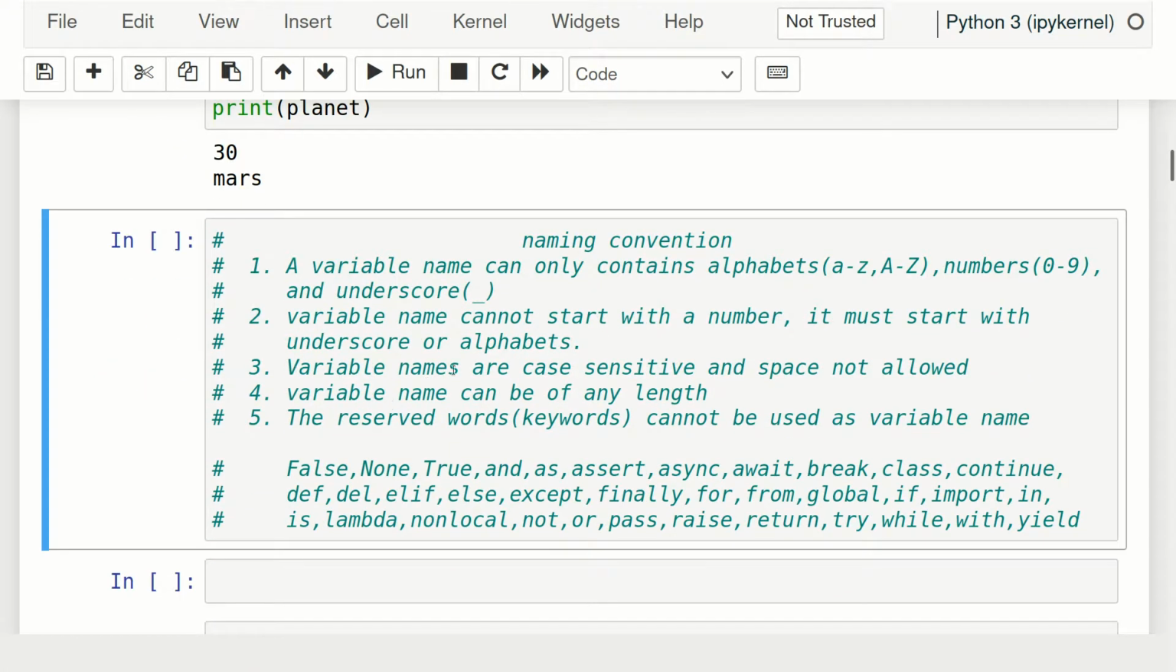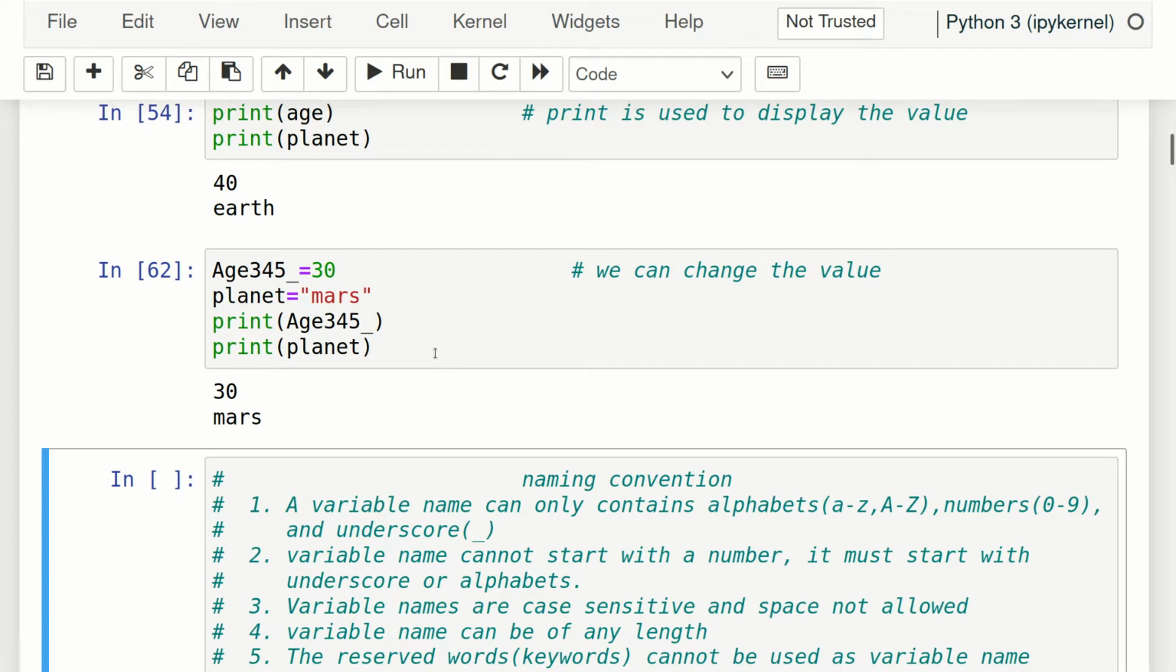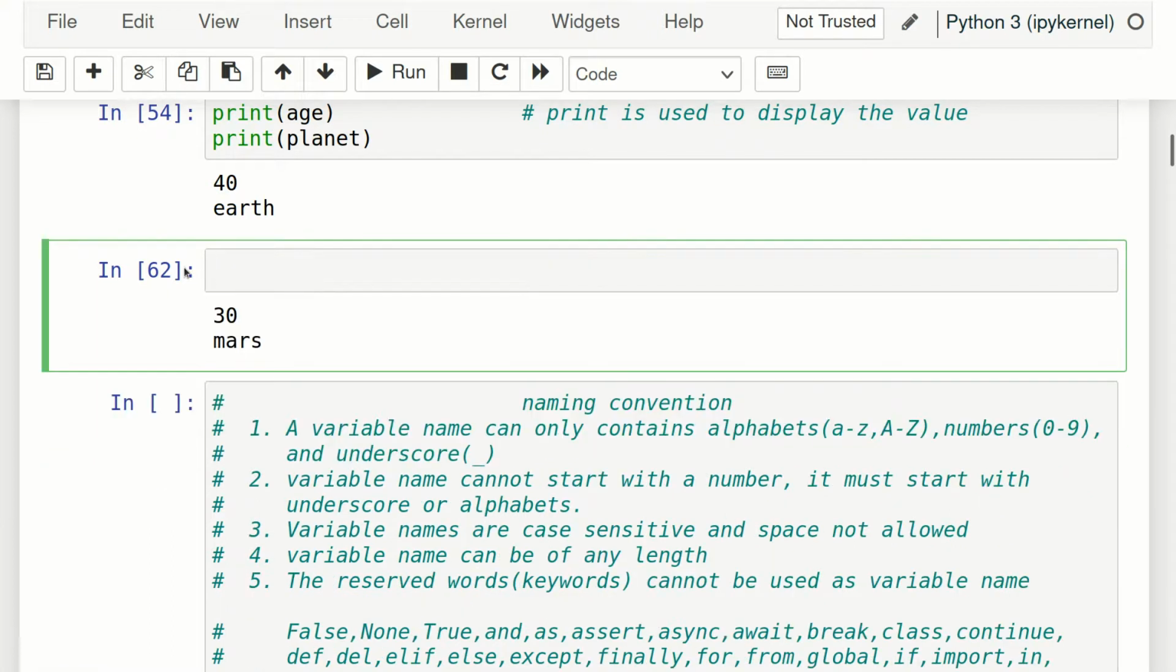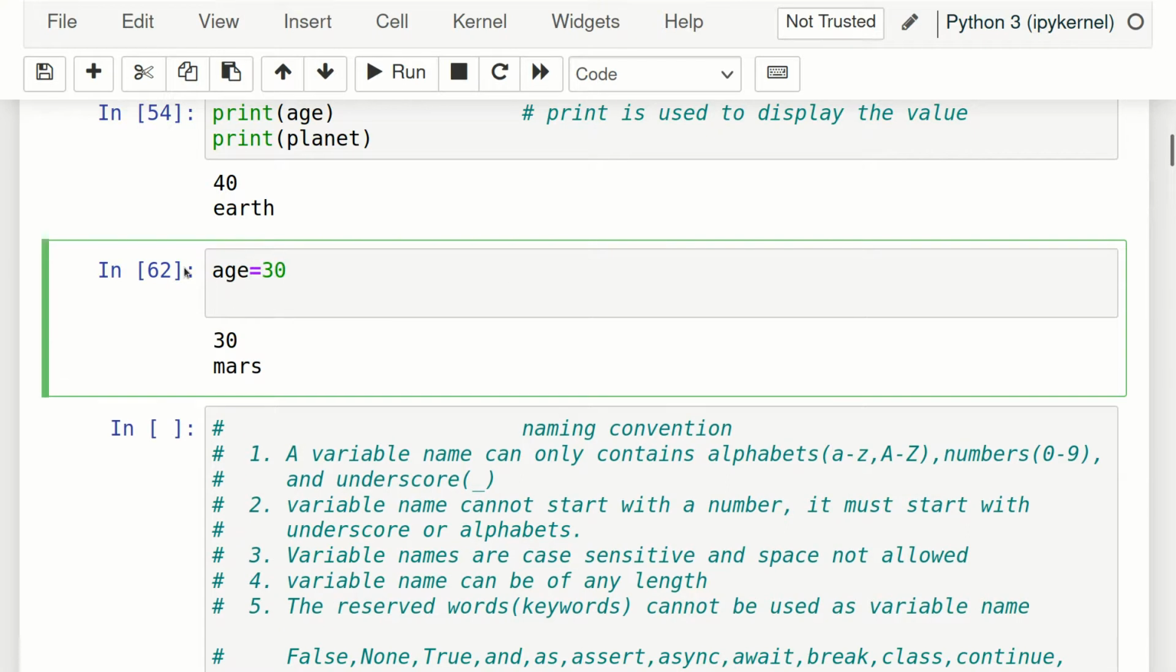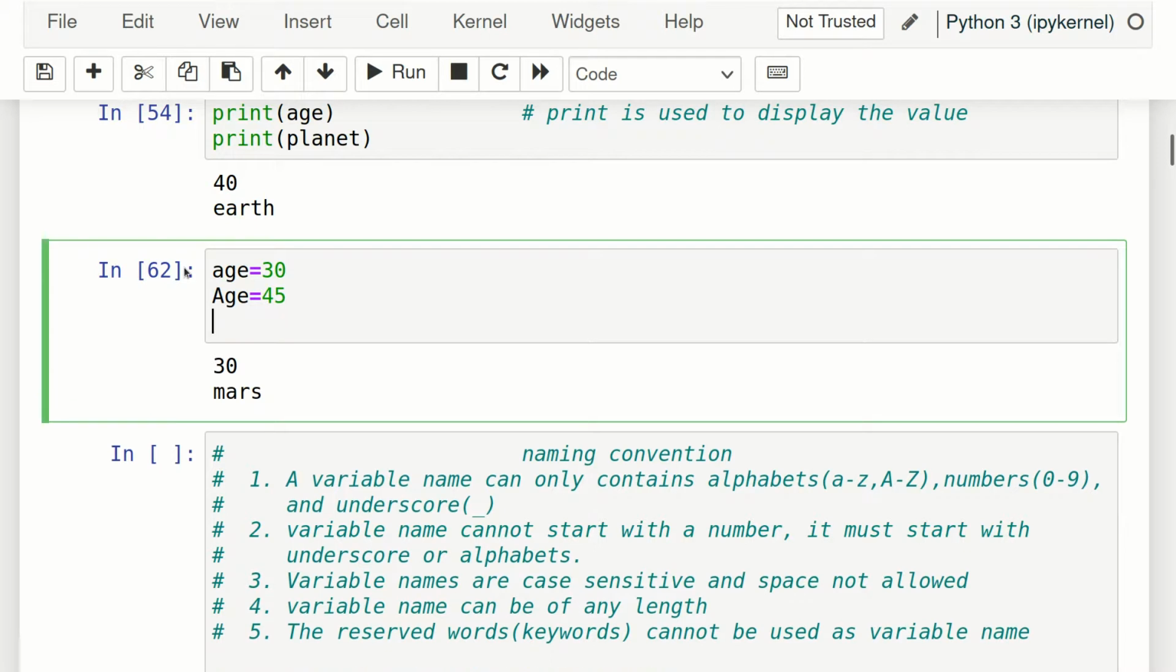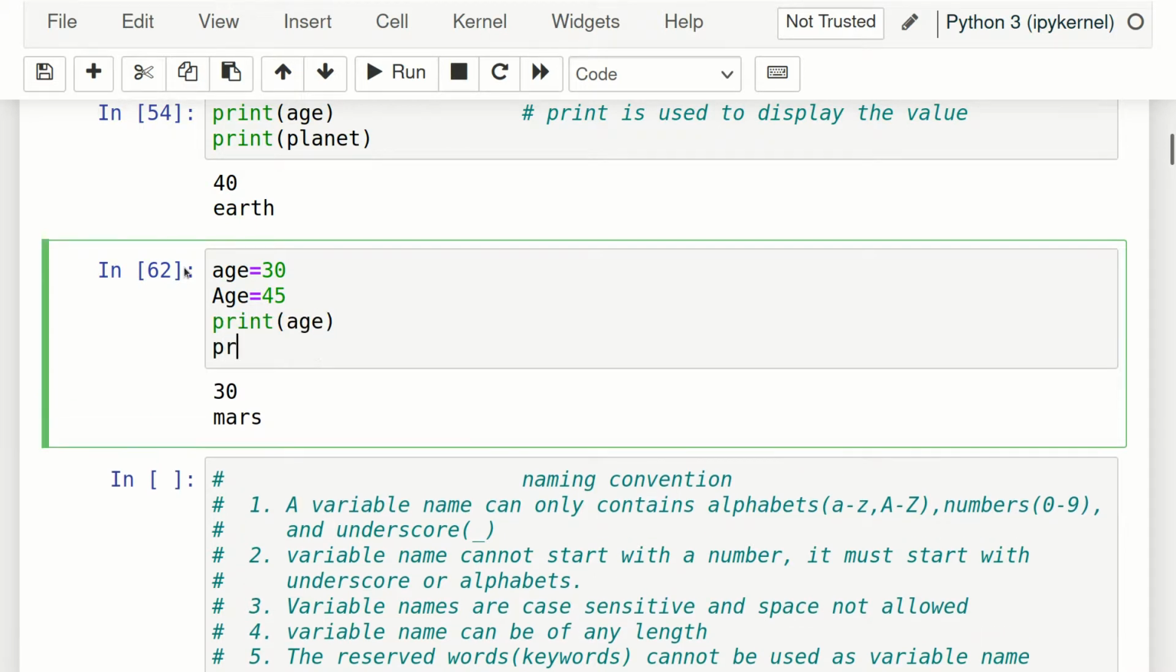And the next one is variable names are case sensitive and space not allowed. Okay, so case sensitive means uppercase and lowercase will be considered different. That is called case sensitive. Now let me give you an example altogether. So let me remove all this. Suppose I declare a variable age equals to 30 and then Age equals to 45. Now if I print age and similarly print Age,